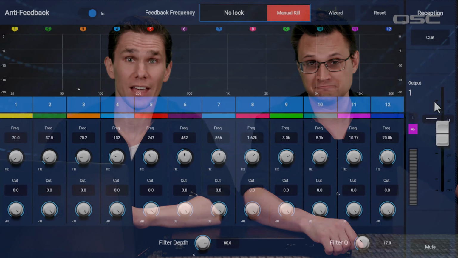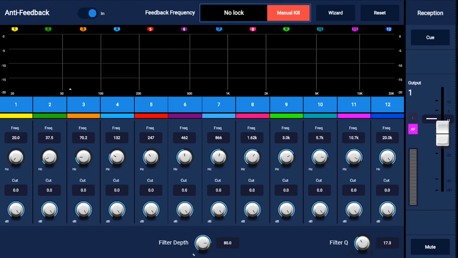This is a great tool to ring out the room and initially identify problem frequencies, and then use it as a way to babysit the room's feedback when those open microphones start moving around in the space. Now, many business music systems don't have any microphones, and in that case, there's no need for anti-feedback. But if there is a microphone in a zone that is prone to feedback, let me show you how to deal with it. Start by pressing the Feedback Wizard on the anti-feedback screen.